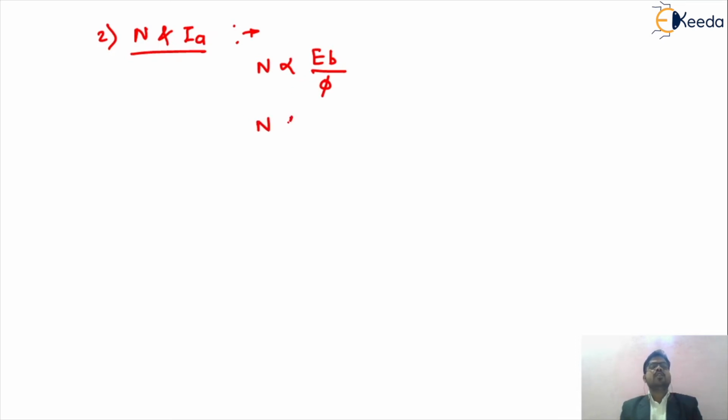So now we want to substitute the value of the back EMF, that is V minus IaRa. In the series motor, we have the armature current along with the series resistance, called Rs, divided by the current, because the flux phi is nothing but Ia. So friends, from that equation, the resistance of the series motor we can consider as negligible.